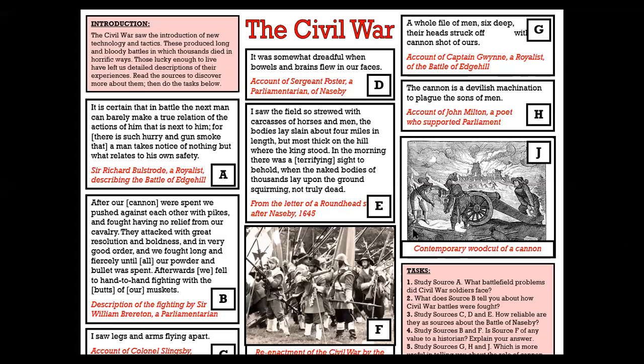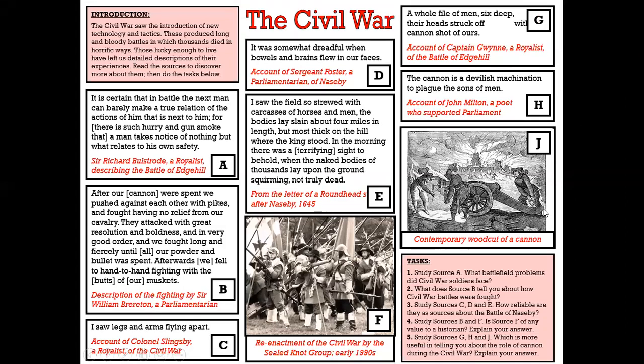There we go. But if you fire a cannon at them, then you can kill loads of people all at once because there's one behind the other. And Captain Gwyn, a royalist, says they open fire with a cannon and are able to strike the heads off 6 people at once because they fire at head height, so the bodies presumably crumple to the ground. You begin to get a feel for how awful that cannon is in a time of war, and why those